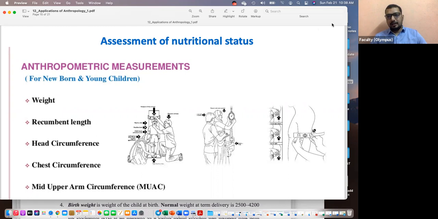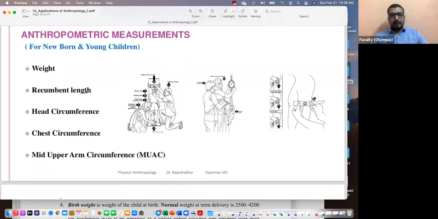What do we do? In the majority of hospitals, we have these types of equipment. They take the weight. They take the length of the person, so basically they measure from the feet exactly to the head. And they also measure the head circumference, because we talked about this in growth. In the initial 7 to 8 years of age, there's a lot of growth that happens in the head. Head circumference actually helps us understand those incremental changes.